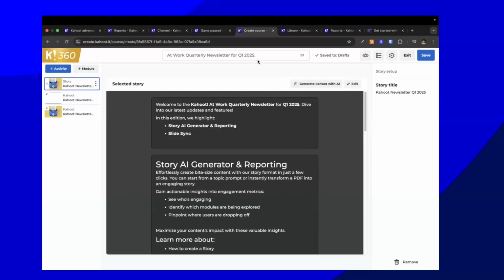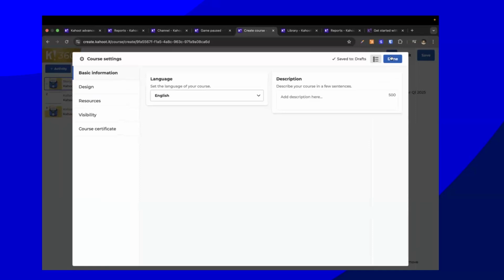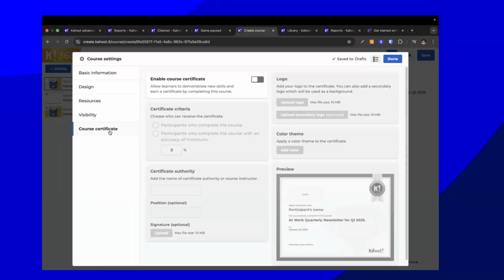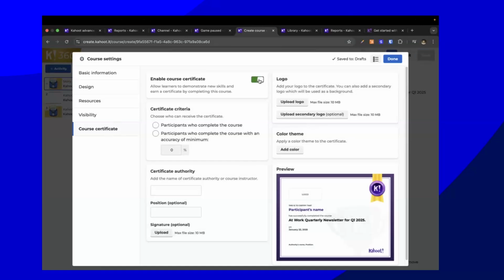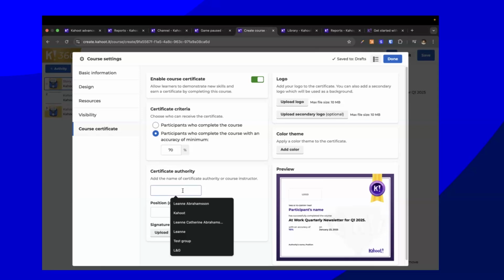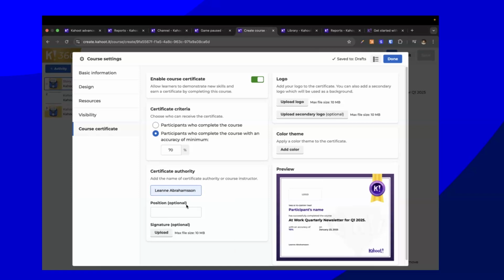Another cool thing about courses that I'd like to show you is that you can, of course, give a certificate to people who have participated. So that's an option for you. You can enable that, and you have full control over what criteria one needs to meet in order to get that certificate. Is it simply to complete the course, or do they need a minimum score? Here, the default setting is 70, maybe you need 80 or 90. And then you can certify that with your authority, as they say.